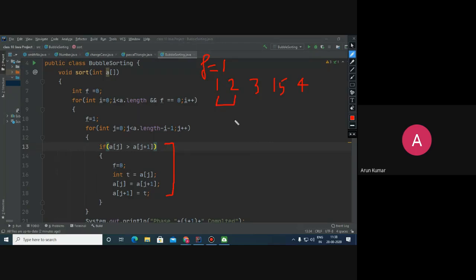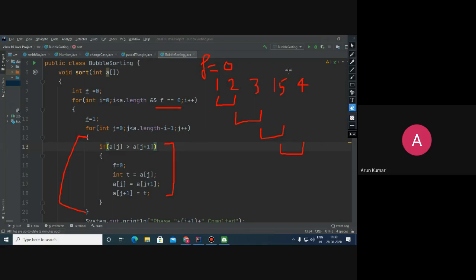These two compared, but no change. These two compared, but no change. These two compared, and there was a change. We had made f1 here, and now we are making f0 again. It simply means when this loop is terminated, i will get incremented, and since f is 0, one more phase will go. And this phase is basically checking whether these are sorted or not.